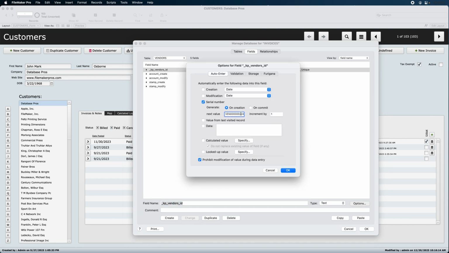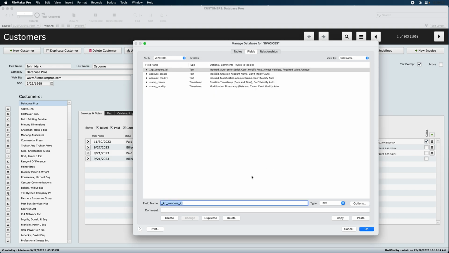Now again, this number doesn't really matter here. It's just an identifying number. So just because it starts at 224 means nothing. Now let's add in the fields that we'll need. We'll need our name field for the company name,